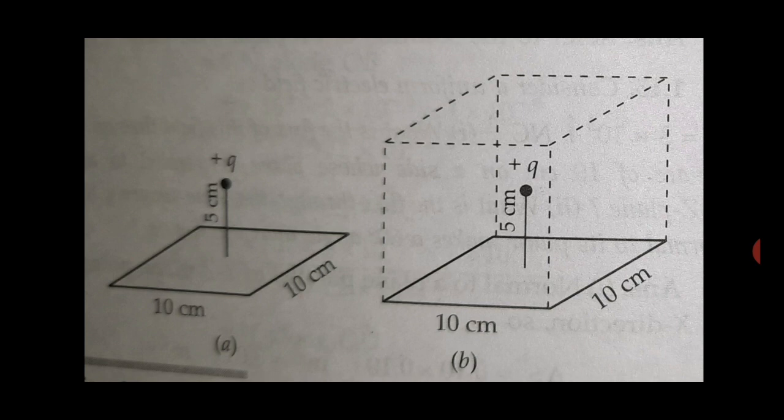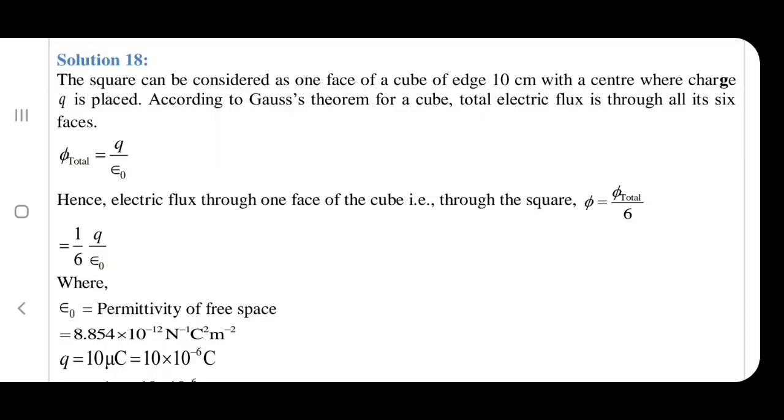If we are considering only that square surface, it is not a closed surface, it is an open surface, but the surface of a cube is a closed surface. So this given surface, first we have to assume it as a closed surface, then only it will become a Gaussian surface and you can apply Gauss's law. So now the cube is a Gaussian surface. Now what is the flux through this Gaussian surface as per Gauss's law? Flux through the Gaussian surface is q by epsilon 0.